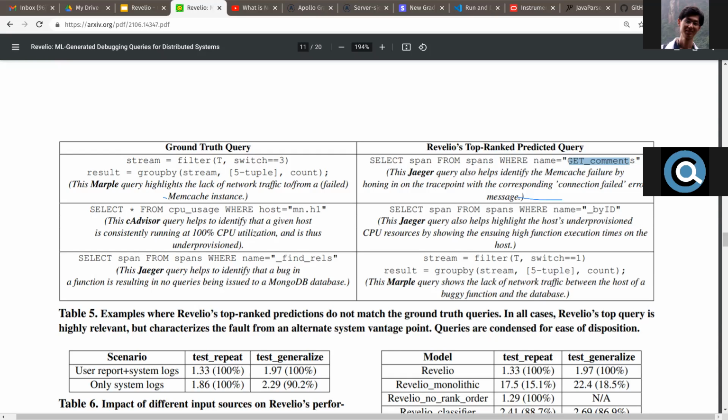I think there's still a lot of user processing that needs to go on after this. In this case, I think they are saying that the user needs to look for comments where the connection has failed error. Then you can see the subsystems that throw this error, and they realize that actually they are trying to draw from memcache. That's why the connection failed, and therefore the problem is with memcache. So I think here I understand.